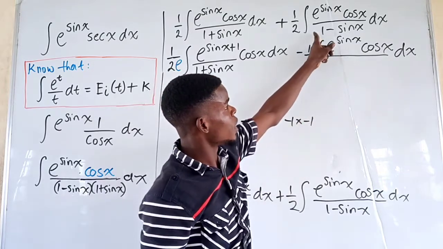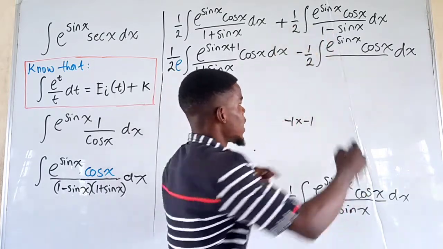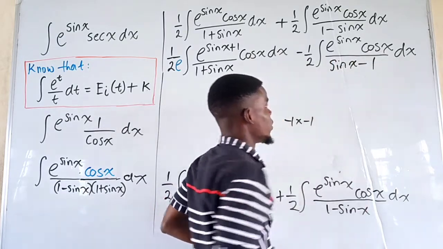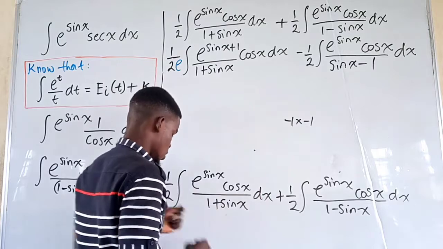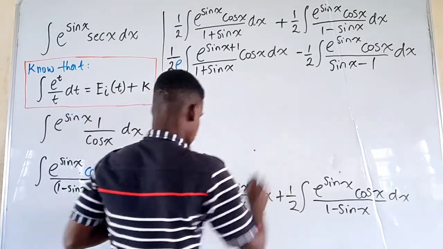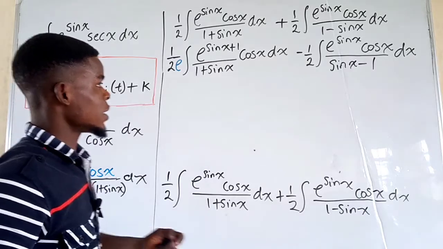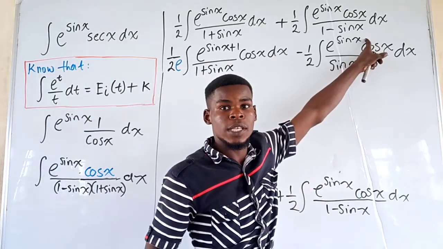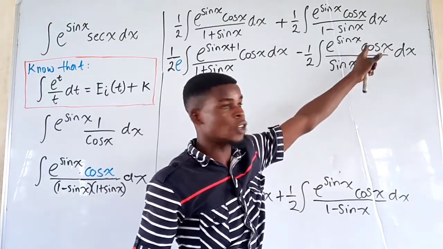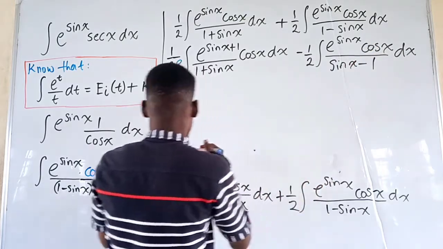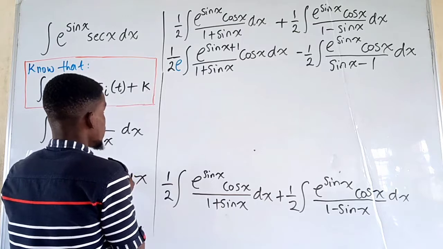So this is going to be negative 1, then positive sine x. So I can rewrite it as positive sine x minus 1, alright? So that is it. We just clean this up, and we're going to end with something very nice anyway. Like I said, we need to get minus 1 here. That will be by dividing the top by e, alright? So if we do that, we're going to have 1 over 2e,